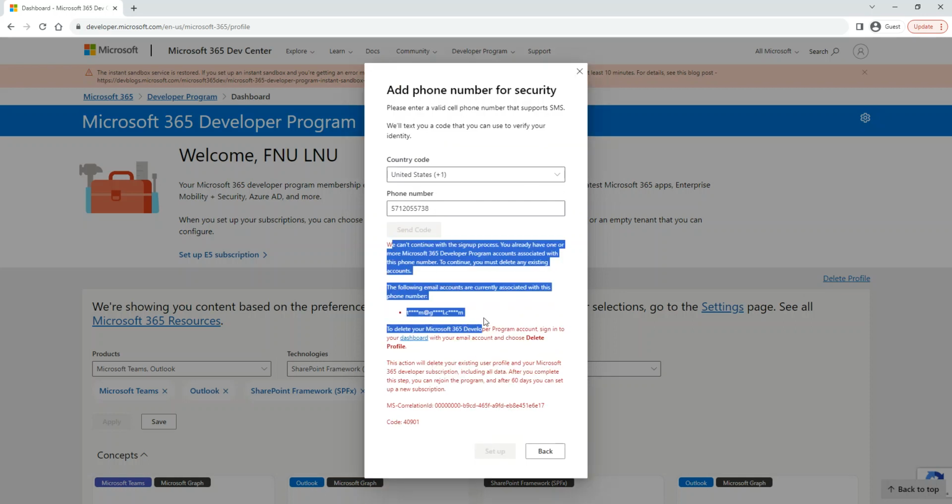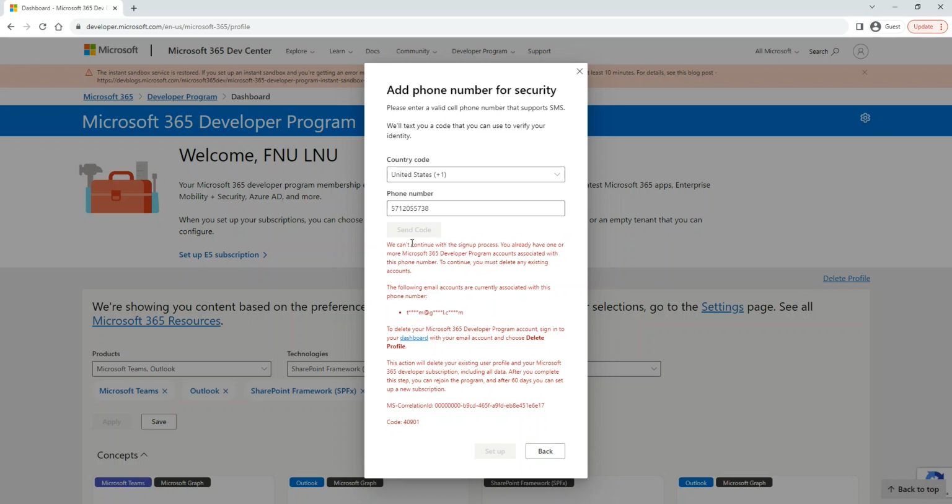I already used it with this account. That means I can't use it. But for all of you, since you never had one, it will not say the following account is associated with this email. I'm gonna go use another one.